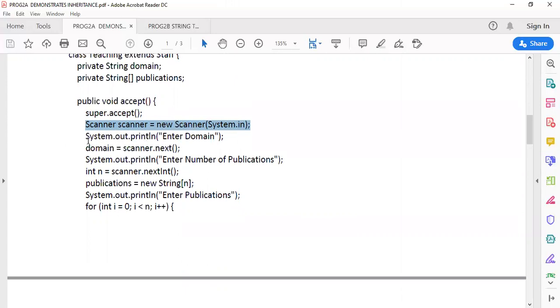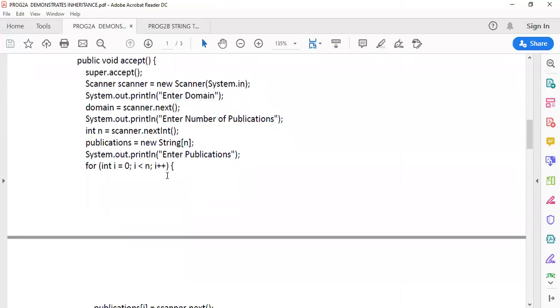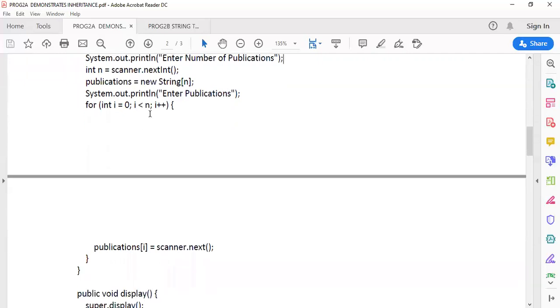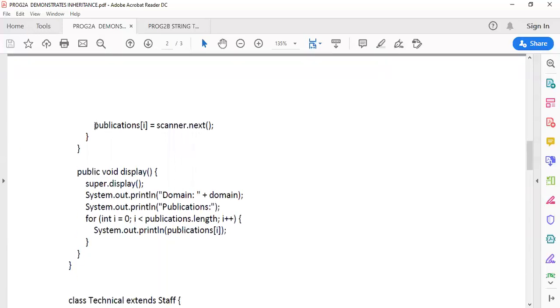Using that scanner, the specific attributes that belong to the teacher, that is domain and publication, are taken. We ask to enter the number of publications. Suppose you have 3 publications, we use a for loop, this for loop is executed thrice, and the 3 publications are stored in an array named publication.